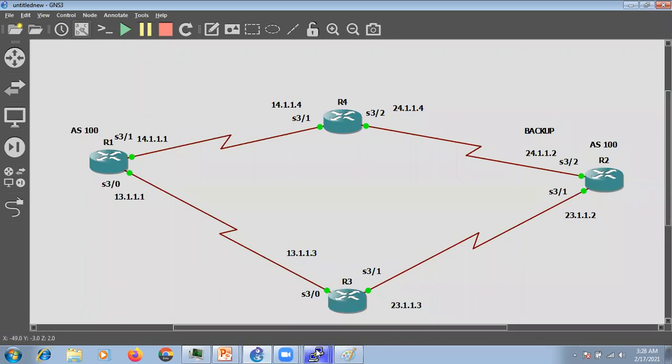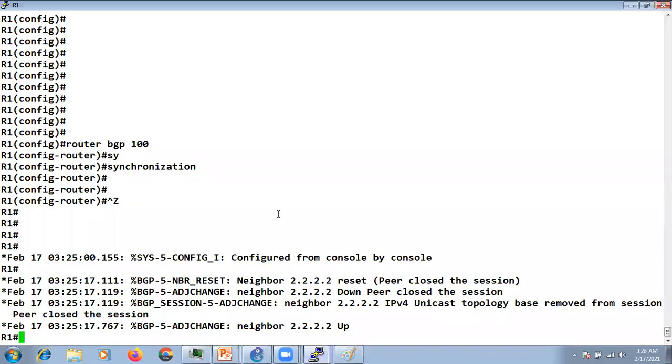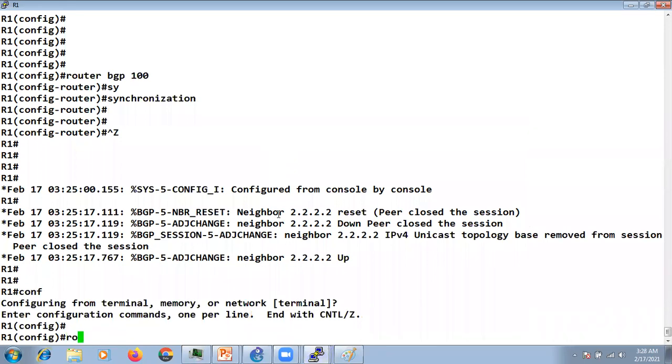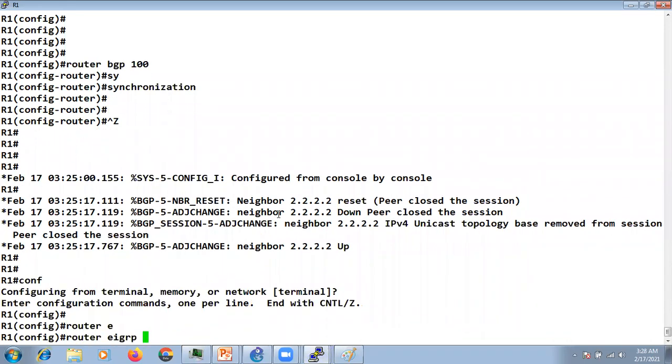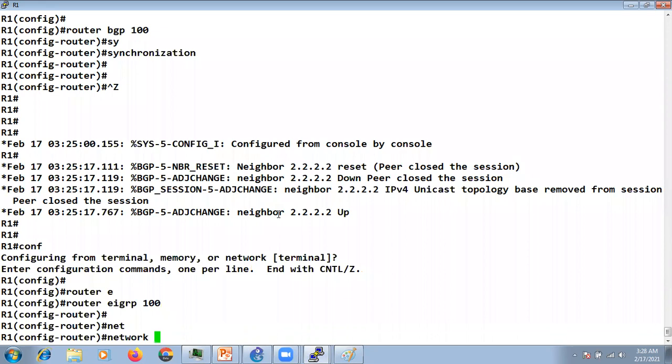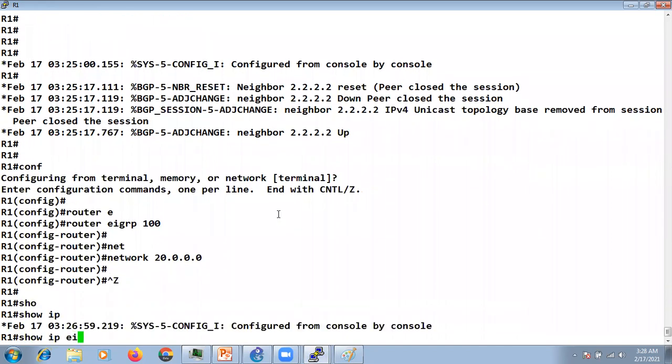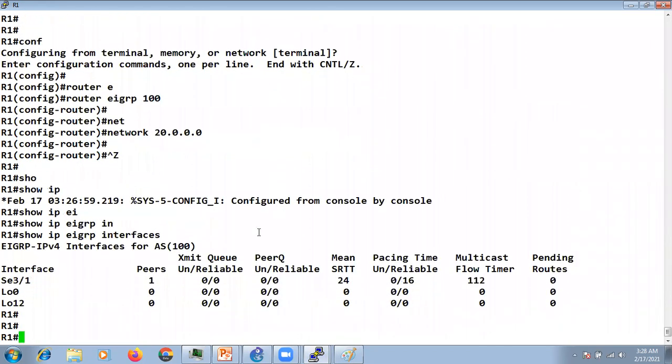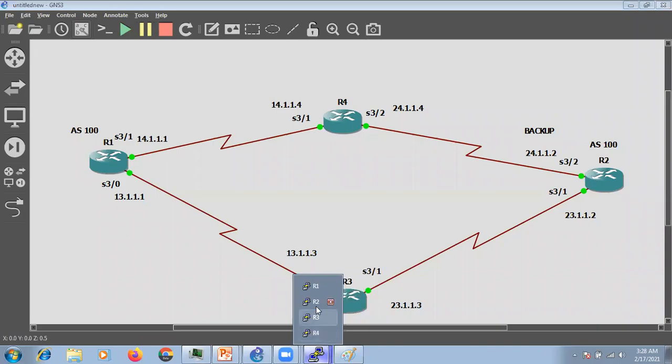So now if I advertise this subnet, let's say I am advertising this 20 subnet into EIGRP. Show ip eigrp interfaces. Now let's go back to R2.